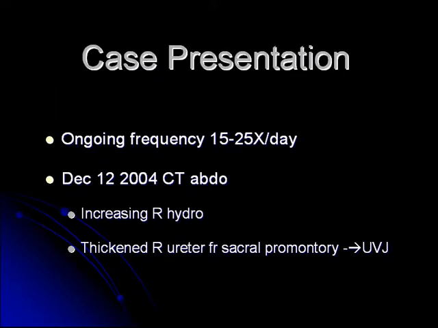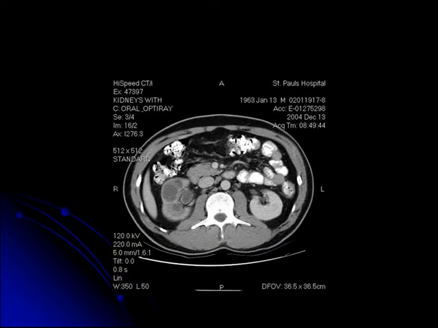So in our case, the patient has now been treated for over 6 months and has ongoing severe frequency, 15 to 25 times per day. And no stent. He didn't have any dilated renal pelvis. No hydro. There were some parts of the collecting system which were dilated, other parts that weren't, and there was some obstruction that looked more like stenosis. On that CT, I thought about the ureter going down out of that kidney.